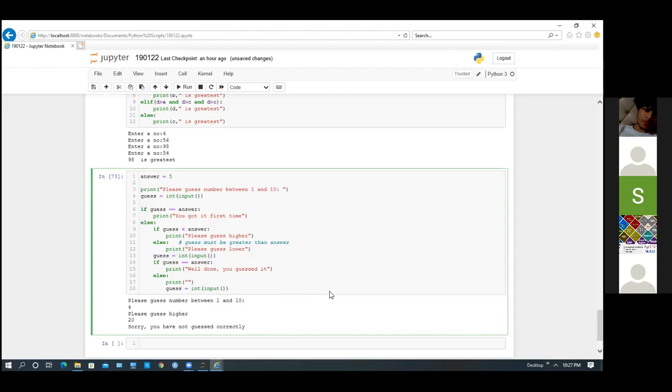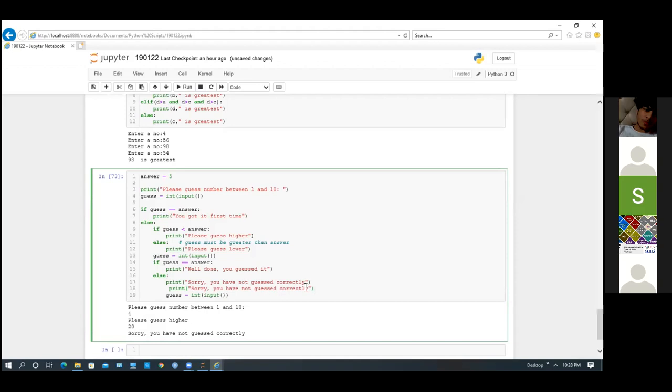Sir, suppose we get 3 options, we can use an elif condition? No, for this program, this is not for else if. This is just a logic. This is a very simple program, but the logic is very good. Else if is not required here as such.